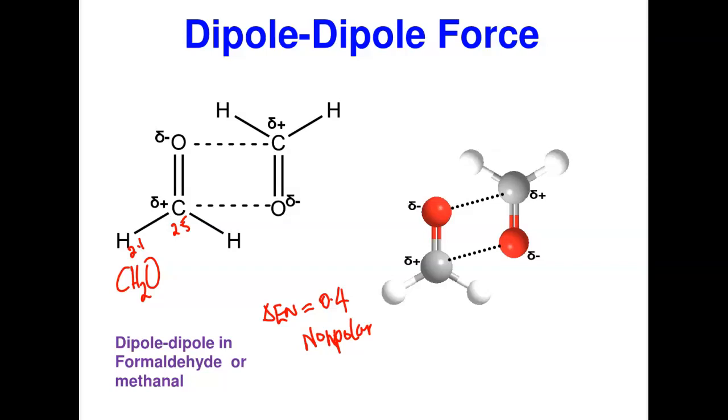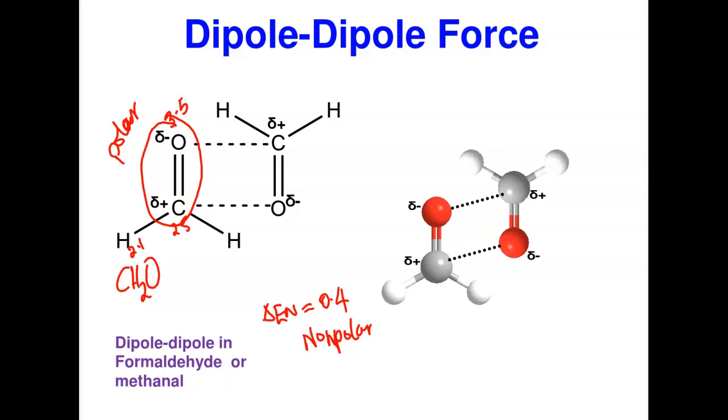However, carbon to oxygen is a highly polar bond because, of course, oxygen is the second most electronegative element. If you see 3.5 minus 2.5 will give you 1.0. Therefore, this particular bond is a highly polar bond. And because this bond is polar, the carbon, which is least electronegative, gains the partial positive sign, while oxygen, which is more electronegative, gains